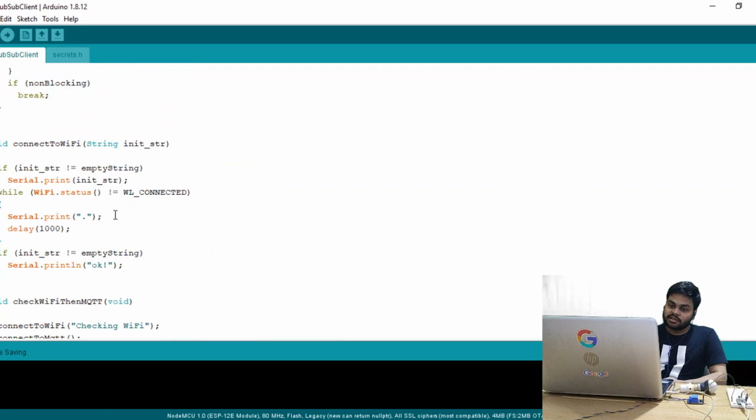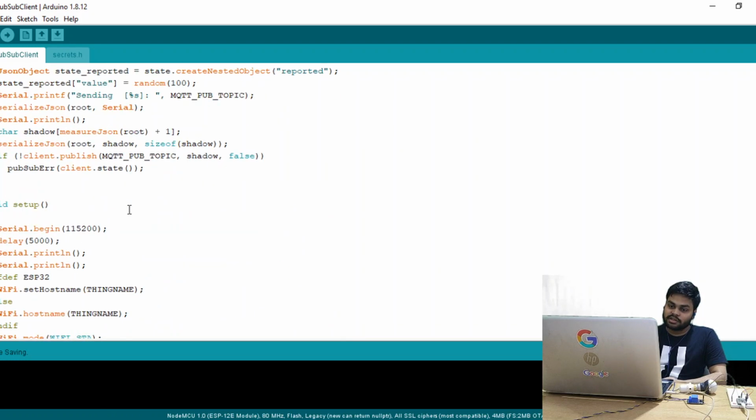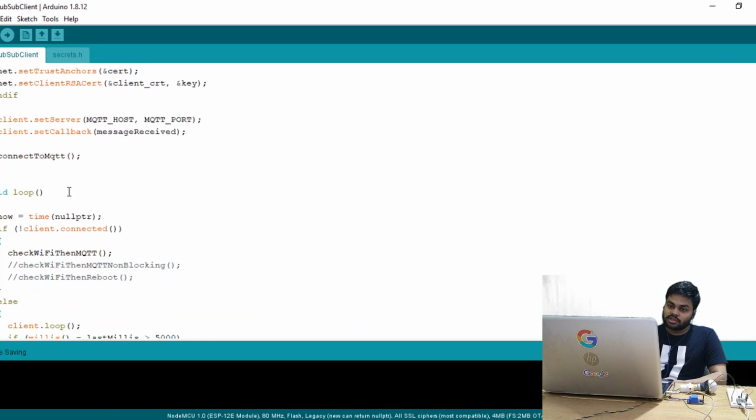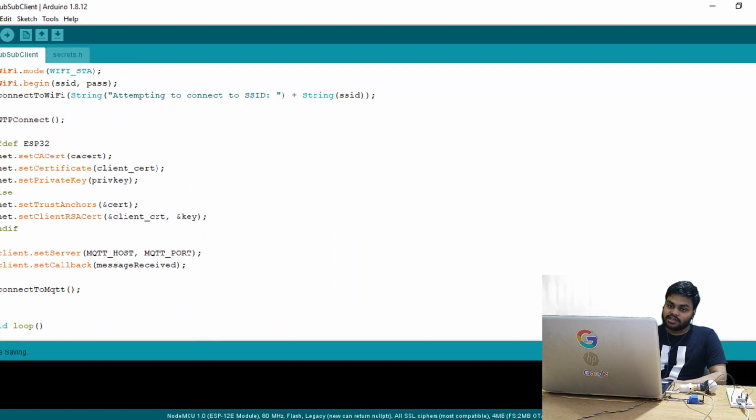So we are in the setup method. After that there is #ifdef ESP32. If your device is ESP32, then these statements will be executed. Since my device is ESP8266, that is NodeMCU, these two statements are executed.